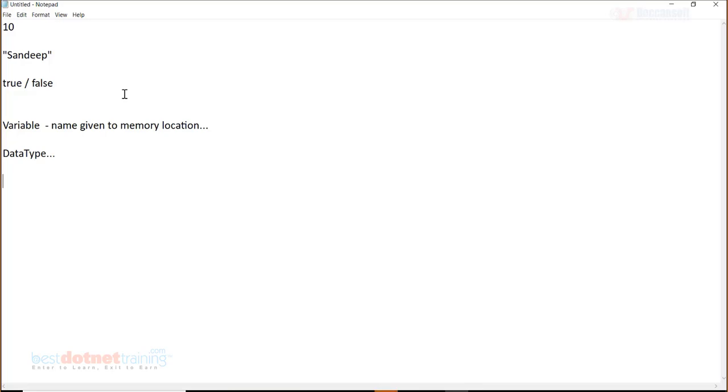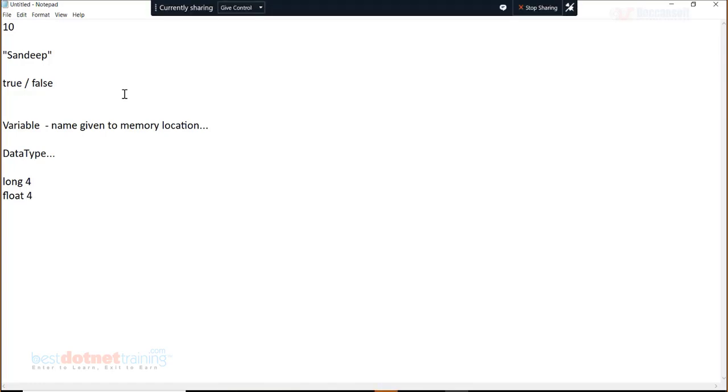But that alone cannot be the reason why a data type should be associated with a variable. For example, if I take the programming language C, I'm not even talking about C#, let's say we have a data type called long. In C, long is 4 bytes and float is also 4 bytes.